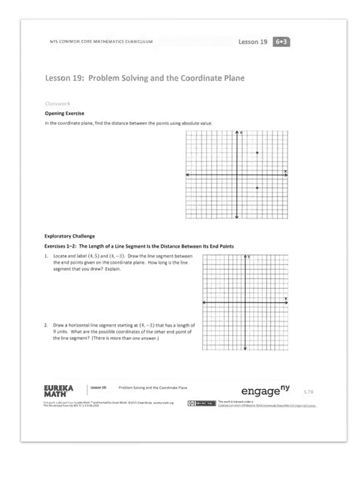Alright, now on this page, it says, in the coordinate plane, find the distance between the points using absolute value. Now, you can only use absolute value if one of the numbers is a negative and the other one is a positive. Now, what I'm talking about is this point right here, the coordinates for that is 1, 2,